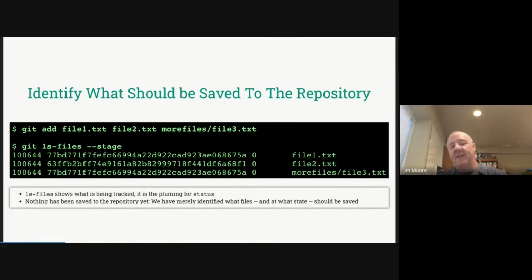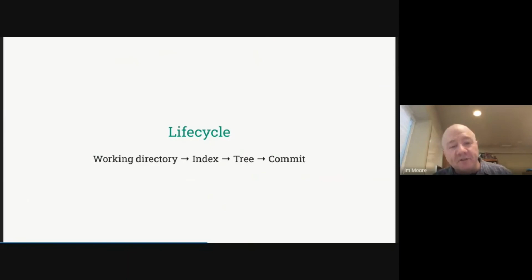This is just in the index after we do the add, which is one of the reasons why if you do a git status and you see a file that you added and then you made some more changes to it, you notice that there's two different statuses associated with it. That's reflecting the fact that it's got one status according to what's in the working directory, and a different status according to what's in the staging area. So there's our life cycle that we're moving from the working directory into the index, into the tree, into the commit. Because remember, the commit needs the tree to reference the blobs that were in the index.